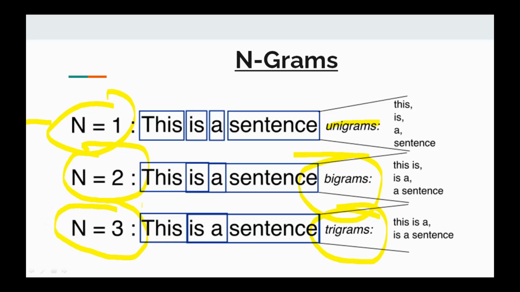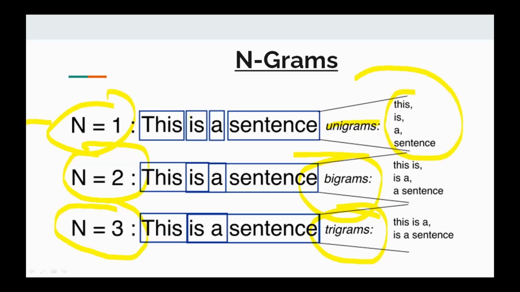First, for unigram, a sentence is split or separated by one word, so that the resulting word features are like this.